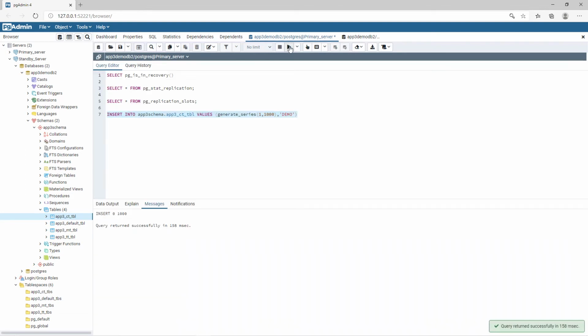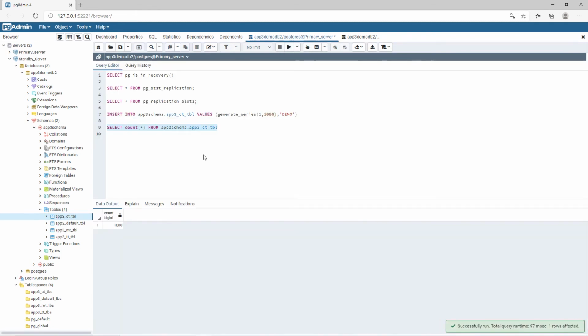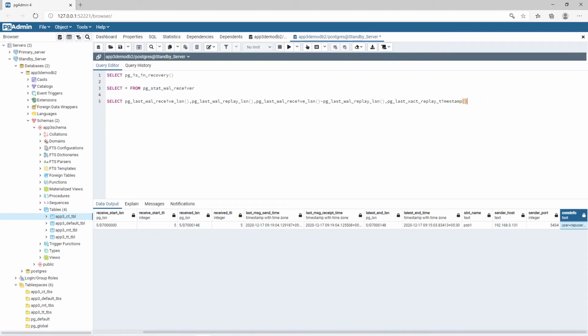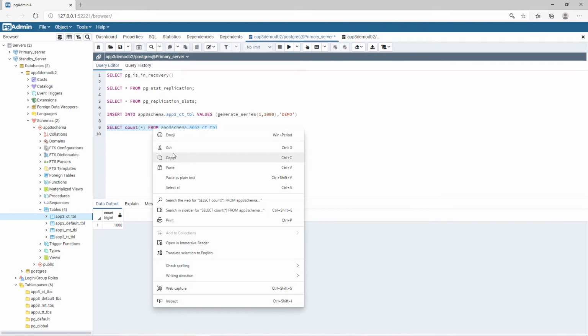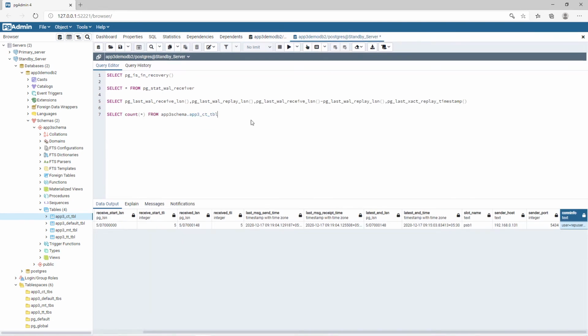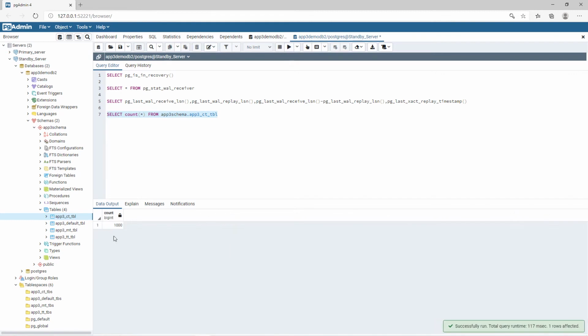So I have inserted 1000 records. Okay, right, copy and paste. You can see the output in standby. You can see 1000 records in the standby server as well.